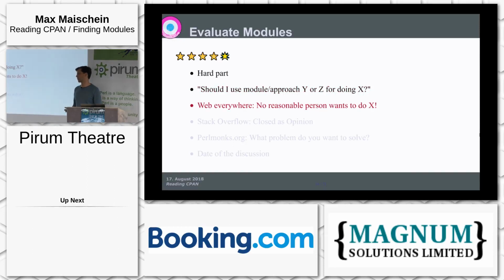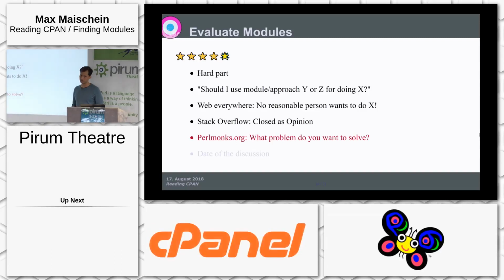On other websites, you might get "no reasonable person wants to do X at all." Or on Stack Overflow, your question will be closed as opinion or too much discussion. And again, on Perlmonks.org, you will mostly get the question back: what problem do you actually want to solve? So ideally, instead of asking the internet this question, you ask yourself the question of what problem do you